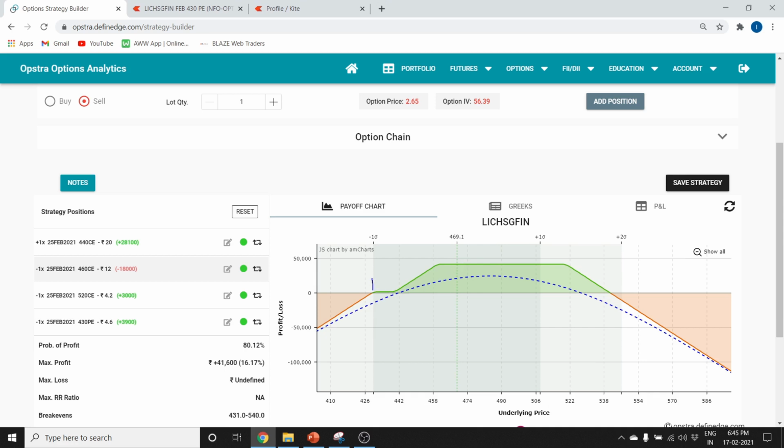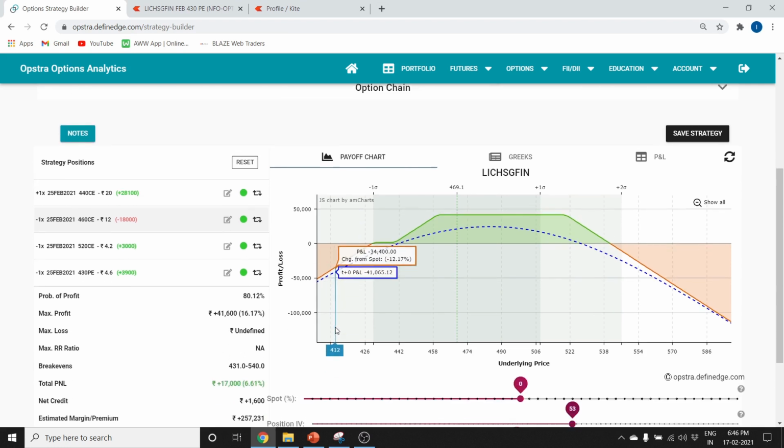You can see our break-even levels are 430 on the downside and 535 on the upside, and we can see a nice flat structure over here. I think we can go further below, to 520 or 510, that is also fine. Break-even is quite far away, and we are already in profit, so our max profit is showing